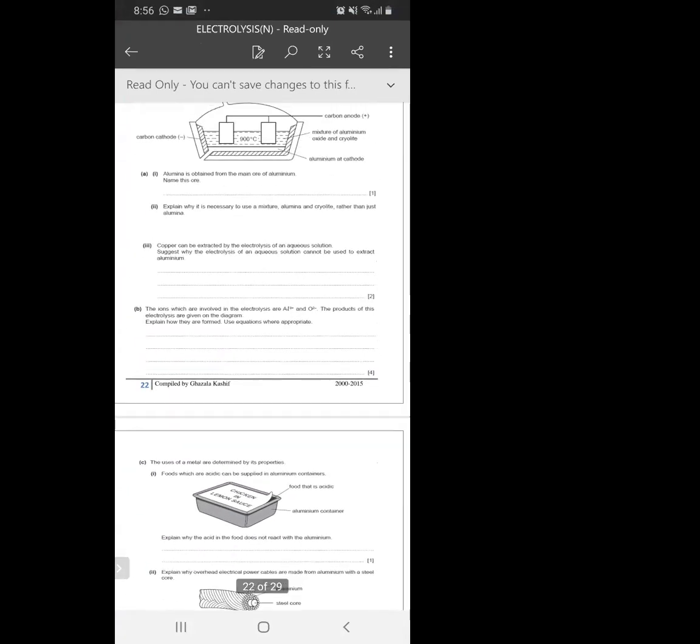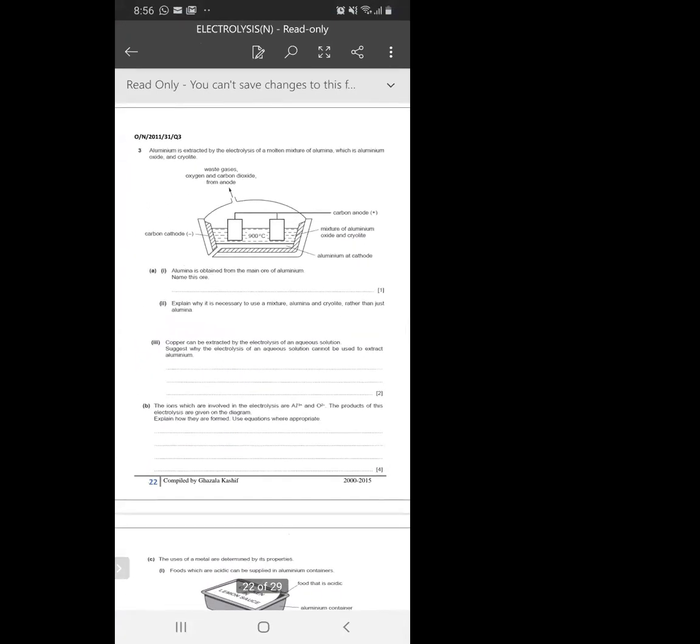Okay, then this is another. Aluminium is extracted by the electrolysis of a molten mixture of alumina, which is aluminium oxide, and cryolite. And then this is the whole diagram. Alumina is obtained from the main ore, we know this, bauxite. Explain why it is necessary to use a mixture of alumina and cryolite rather than just alumina. We know it because